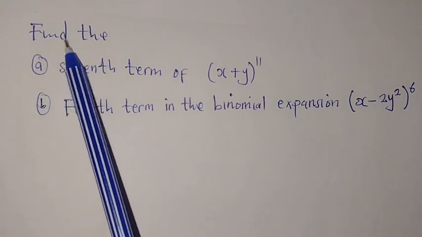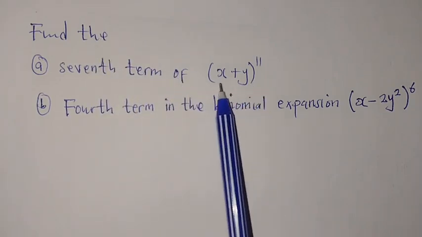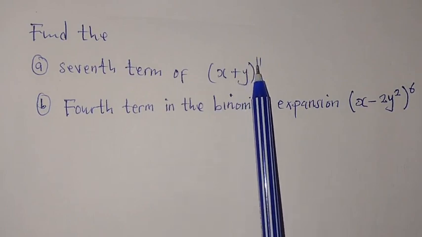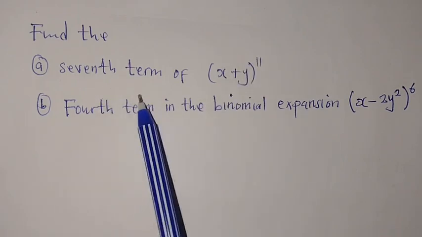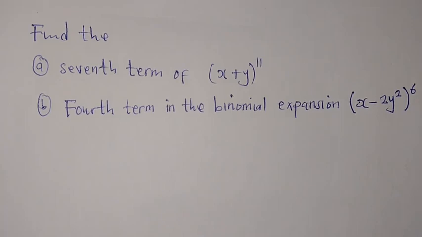So the question is saying, find the seventh term of (x + y) raised to the power of 11. So we need to find the seventh term. This term that we are finding is a specific term. In order for us to be able to find the specific term, there is a formula